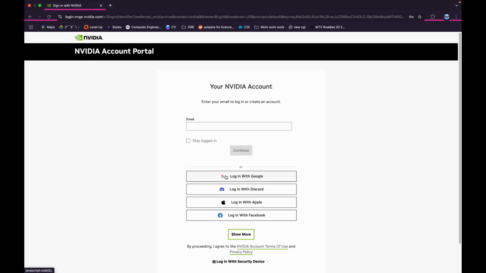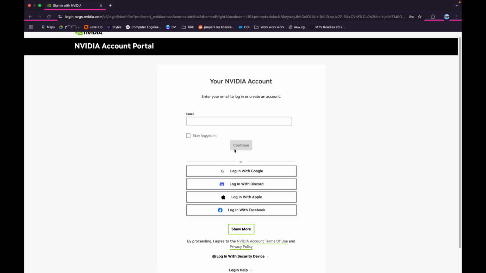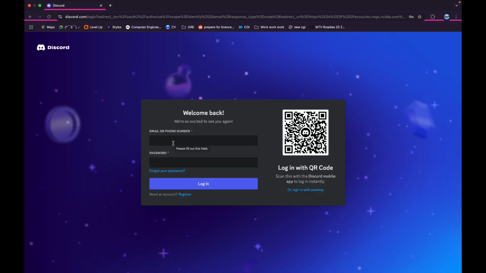Now if you have signed up your account using your email ID, then type in your email on this field and click on continue. And if you have logged in your account with Google, click on login with Google. Now to log in with Discord, click on this option here. Now type in your email on this field